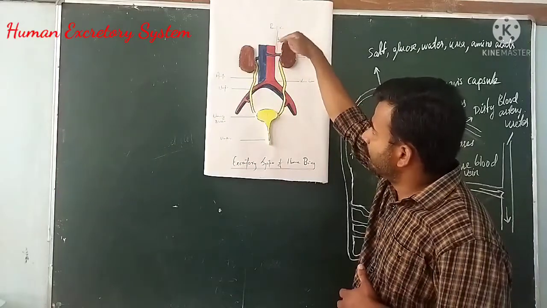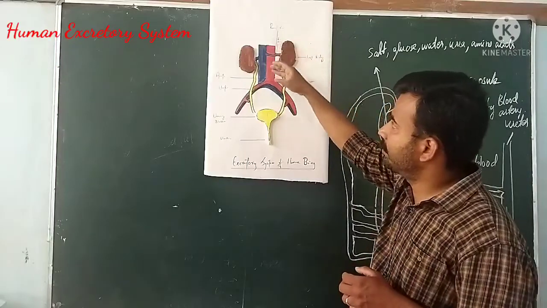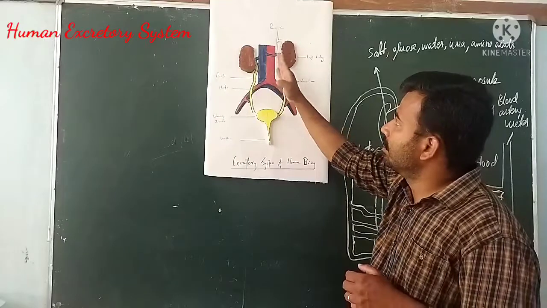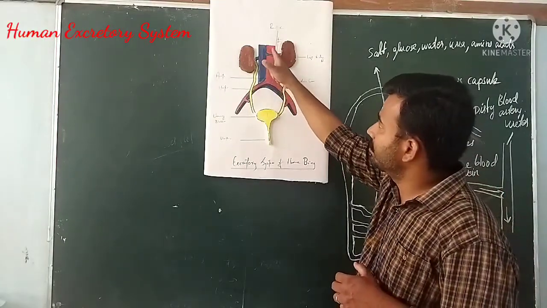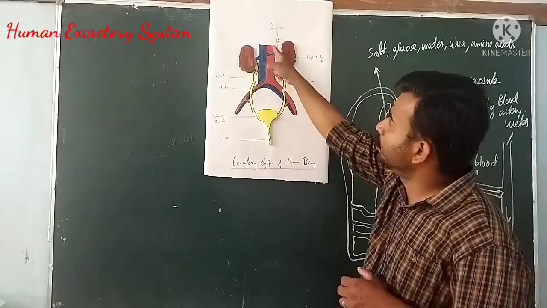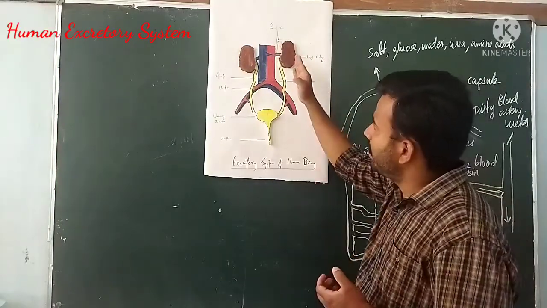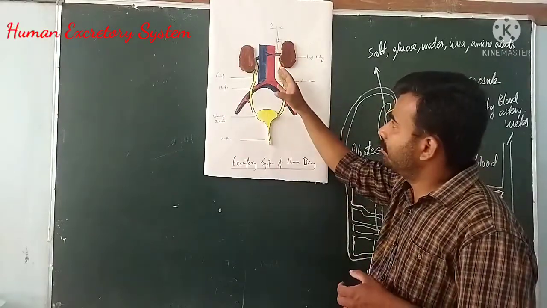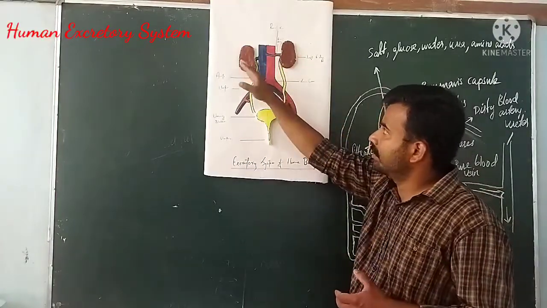The main aorta is carrying oxygenated as well as impure blood that contains all the salts and waste materials produced during cellular respiration, that is aerobic respiration. These waste materials will now enter the right and left kidney through the renal artery. This is the main part where the filtration of these excretory products, which are unnecessary for the body, takes place. Later we will discuss it in detail.